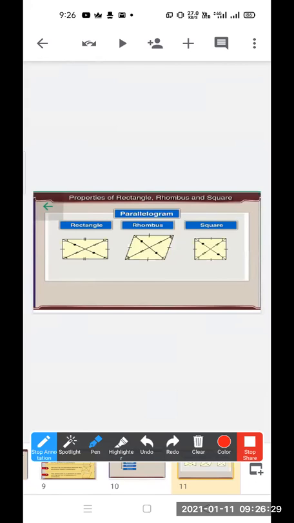So all these three properties, what is it? Opposite sides are congruent, opposite angles are congruent, and also diagonals bisect each other. These fall under the parallelogram. That's why they are forms of parallelogram. Is it clear? Okay,